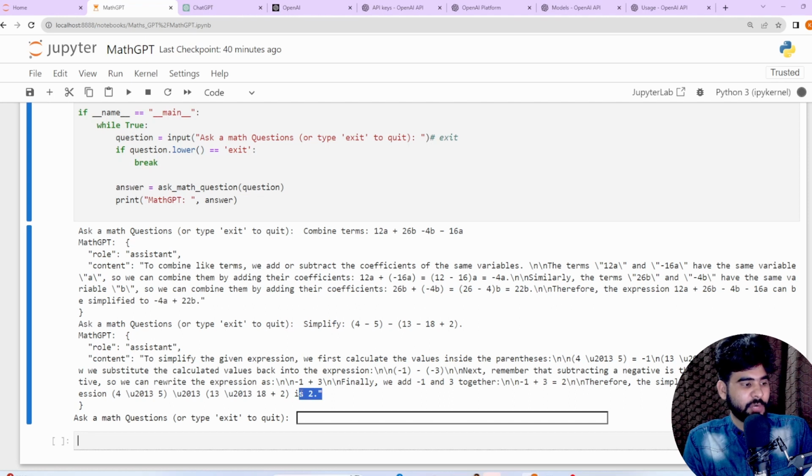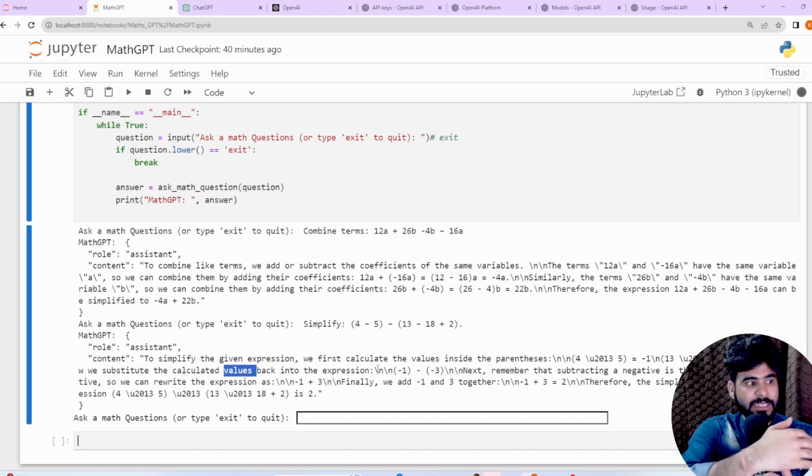So this is the final output that we are getting, but in between, as you can see, we are getting some slashes and next-line characters. Don't worry, I will resolve these when we complete the application with the help of Gradio, because as we are using a Jupyter notebook, this is the next line output that we are getting.